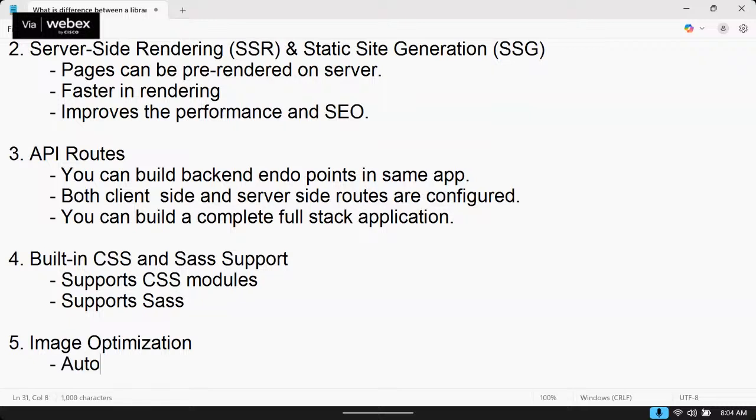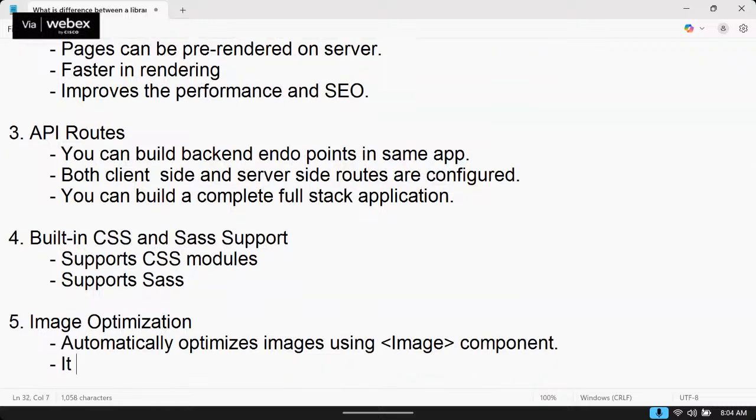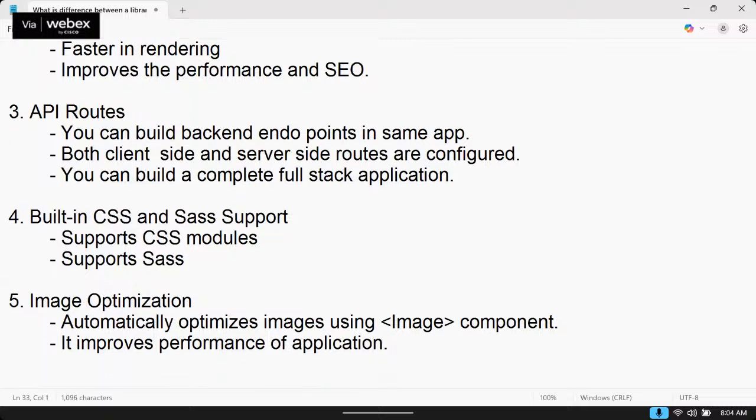That means it automatically optimizes images using an image component. By using that, it can optimize. It improves the performance of the application, especially when you are using a lot of images